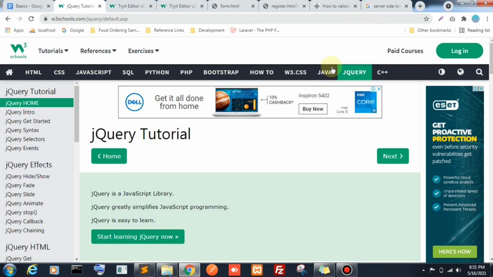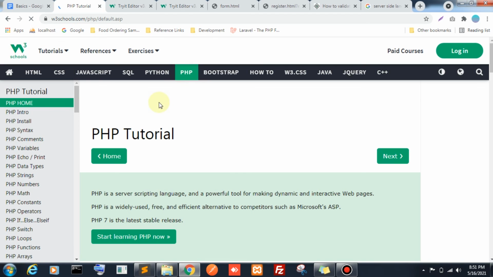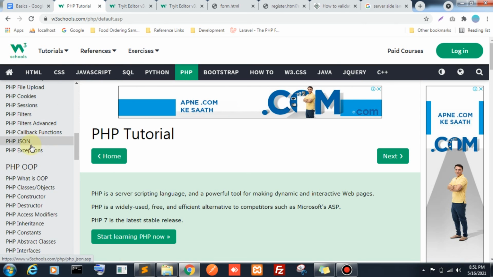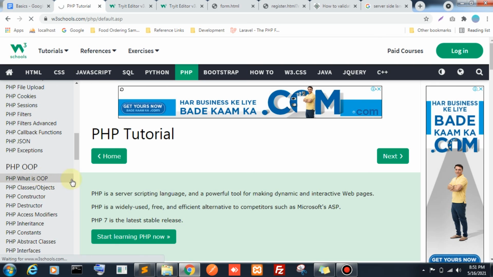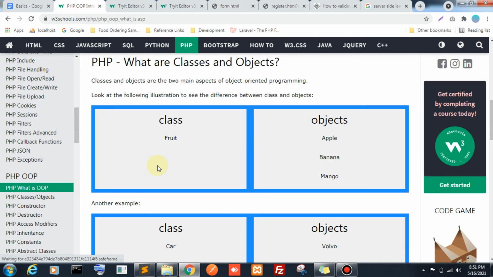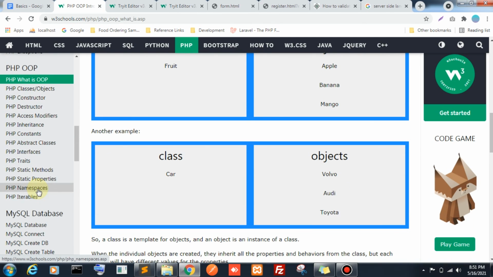See, here we have PHP on W3Schools itself, with many functionalities. Here, what is PHP OOP? You should learn these things. This will be useful to you wherever you are going into server side language, whether it is PHP, Java or Node.js. You should know the OOPS concept.